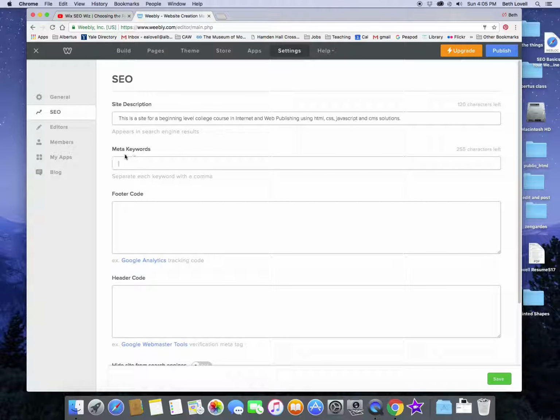The meta keywords are the words that the search engines are going to use to search for you. So college course, put a comma between your keywords. Your keyword can be one or two words. It's going to be what you think people will search for when they're looking for you. Beginning CMS, building, beginning HTML, beginning CSS. And then I might also put Albertus Magnus